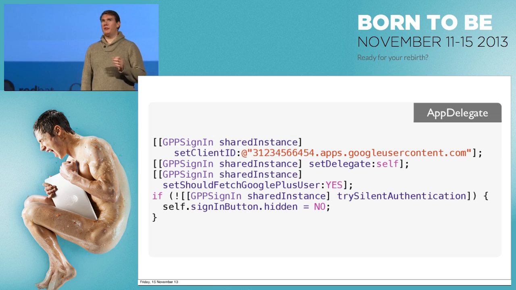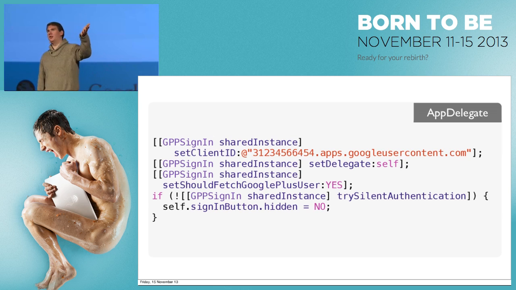How we actually implement on iOS is pretty straightforward. We need to tell it our client ID, so we don't have that automatic detection of the client ID based on the sign-in key and the package name like on Android, so we have to specifically tell the app what the client ID is. And we can configure all of those other basic parameters, like scopes, which app activities we're going to write, that kind of thing.